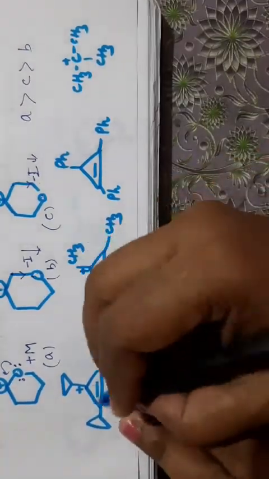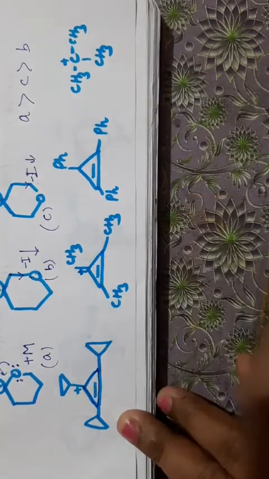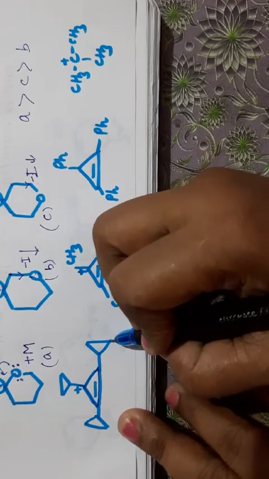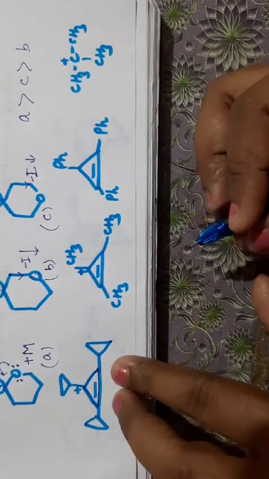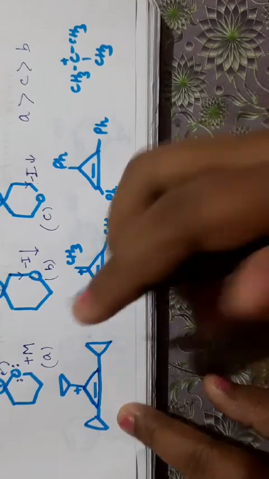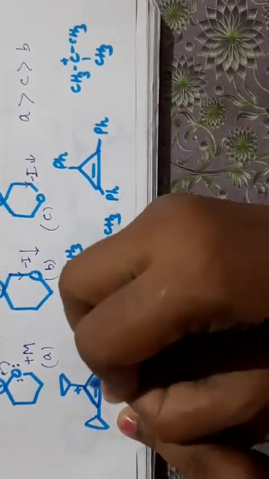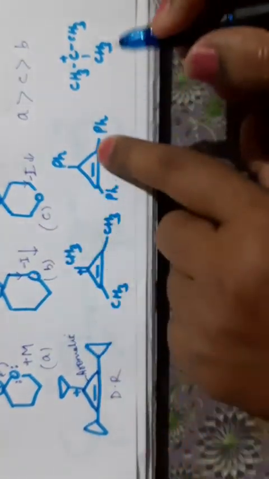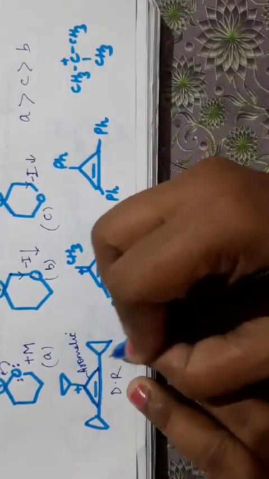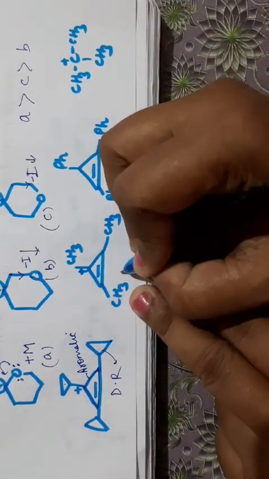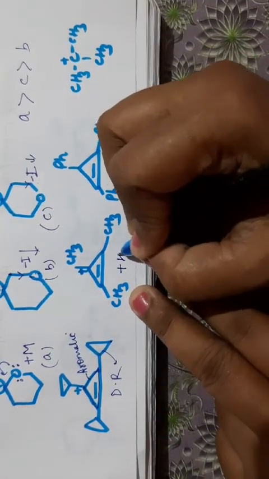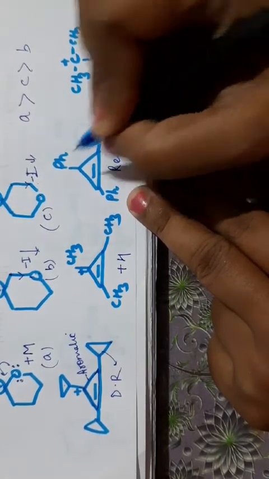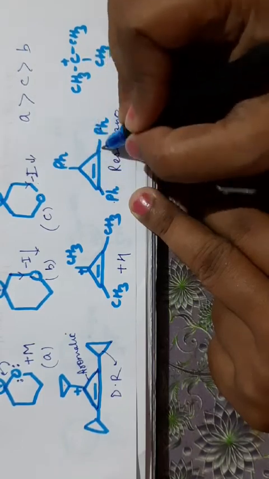Coming to the next structure, this is an aromatic system at the center and 3 cyclopropyl rings are attached here, which will show the dancing resonance. So it is a very stable structure. Now if we compare this, there will be dancing resonance here and this is aromatic. Clear? This aromatic system is present in these three. So it will show dancing resonance here. They will show hyperconjugation plus hyperconjugation, and here there will be a resonance. Clear? Because there are 3 benzene rings attached to this aromatic system.